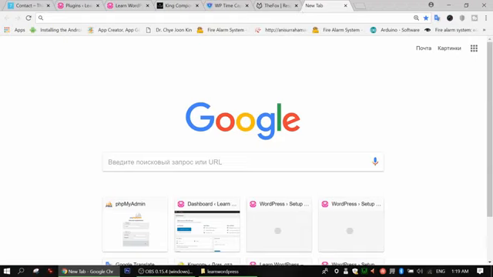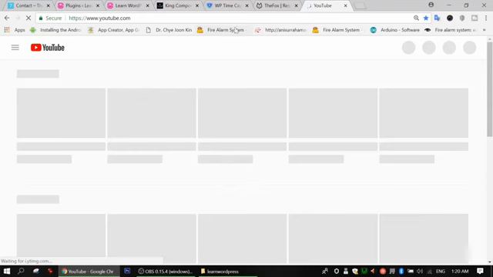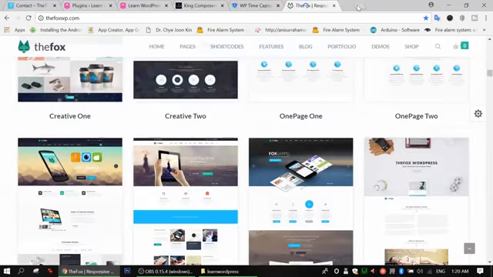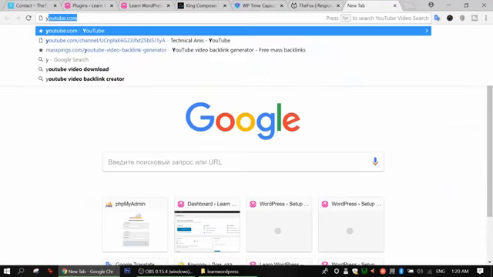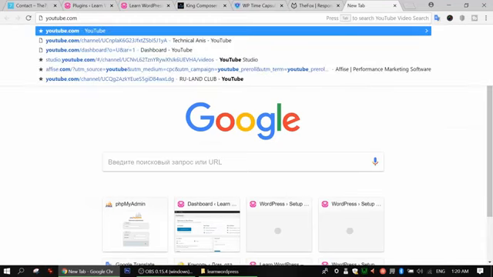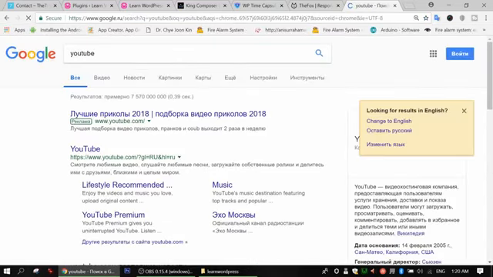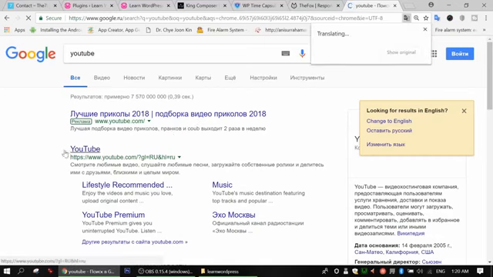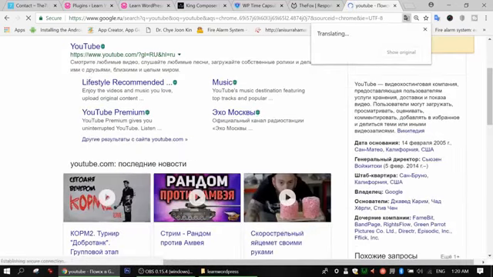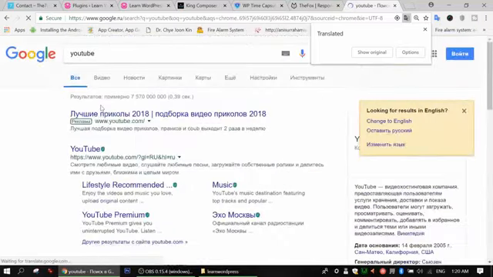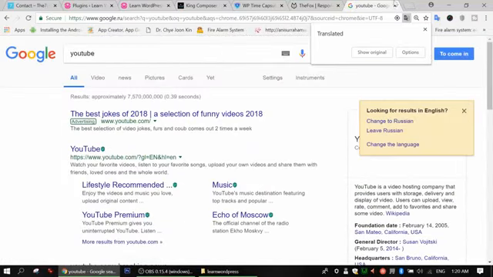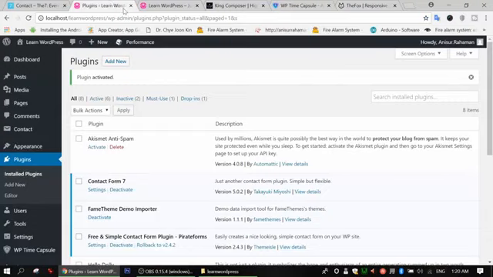we request a website like youtube.com. This is the domain. But if we don't type .com, and we type only youtube and press enter, what will happen? The search engine will look for the keyword, find the real keyword youtube, and show the result for YouTube on the first page of Google, right? So this is how it works. For example, if your website name is